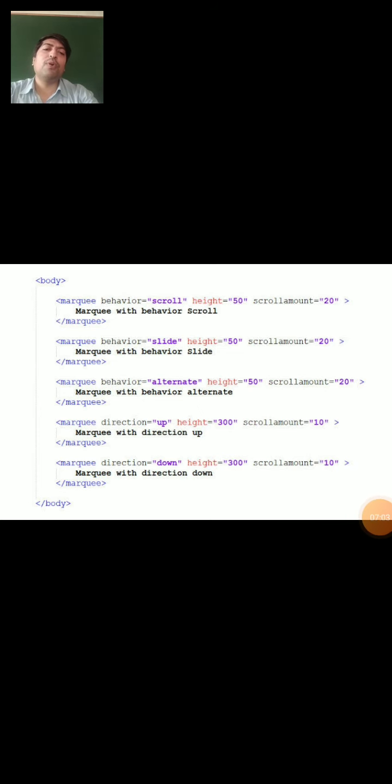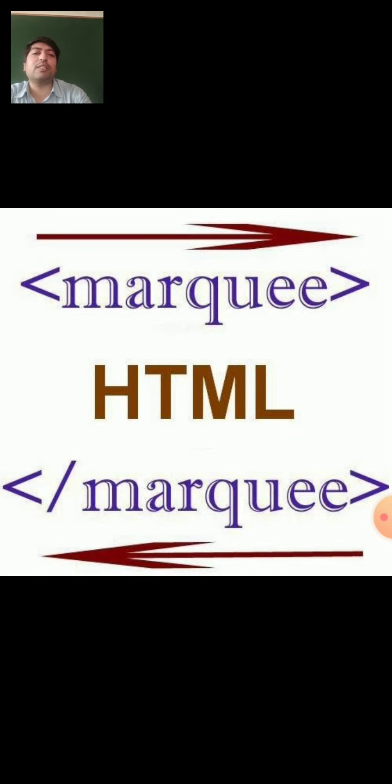You can set the different direction as per your need. You can use this marquee tag in the future also. Maybe in the future, if you make a website, you can use a marquee tag to get an attractive interface for the client also. You can attract different types of people to your website by using the marquee tag, which is helpful for scrolling the text from one place to another place. So we will see another image about the marquee tag.